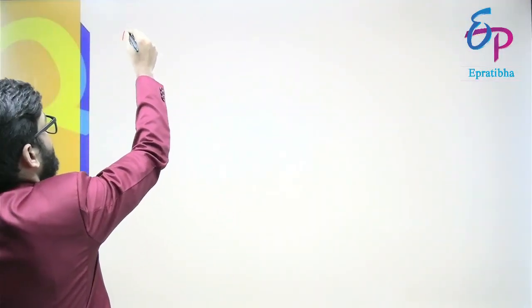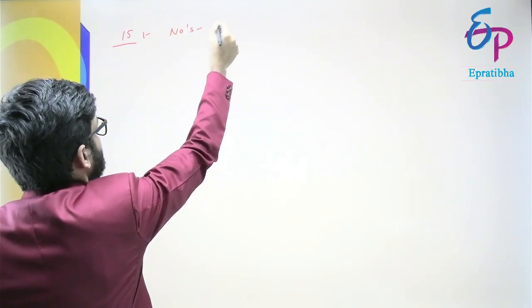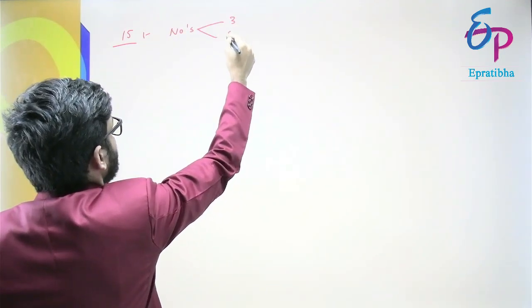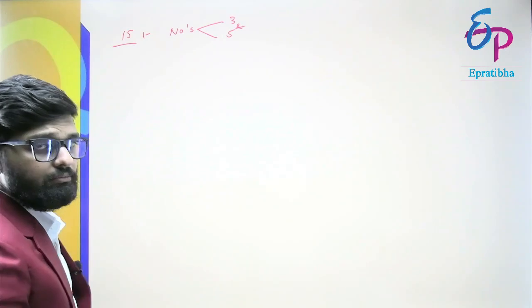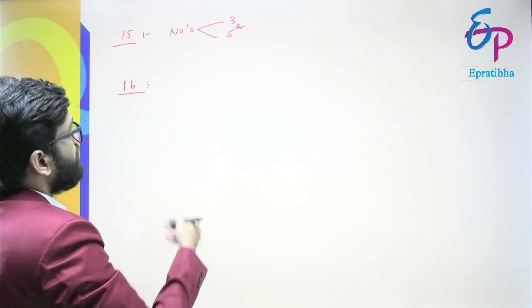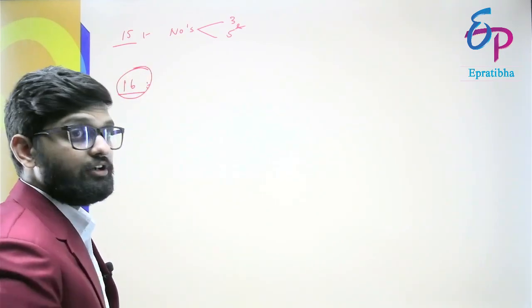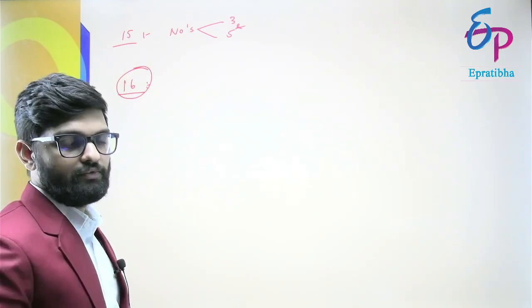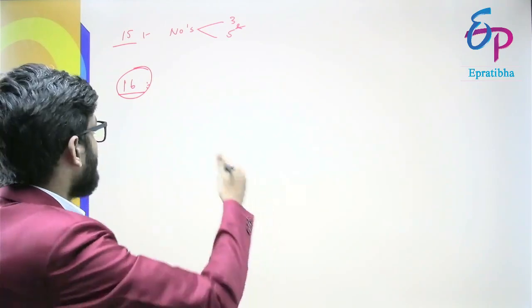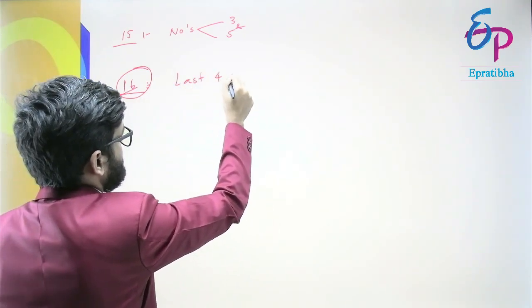15. How can you tell whether a number is divisible by 15 or not? The number should be divisible by both 3 and 5. 3 and 5 are also co-prime numbers, if you see. So how can you tell whether a number is divisible by 16 or not? How can you tell whether a number is divisible by 8? You will check the last 3 digits, right? Now how can you tell whether a number is divisible by 16? The last 4 digits